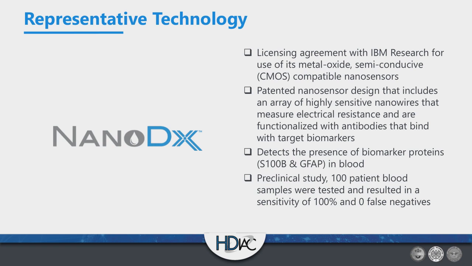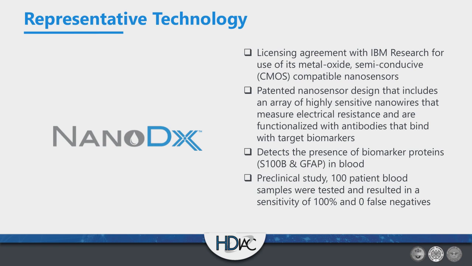Slide 24, we're going to talk about a company called NanoDX as a representative technology of some TBI diagnostics. You can read a little bit about the company here, but what I think is really interesting is that it's a fairly small machine that has a little cartridge. And you take a blood sample of somebody who has suffered a potential TBI, and